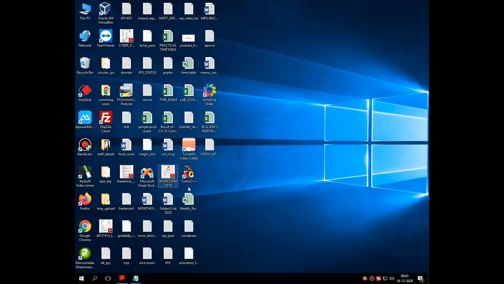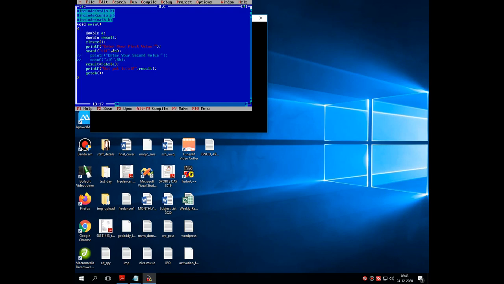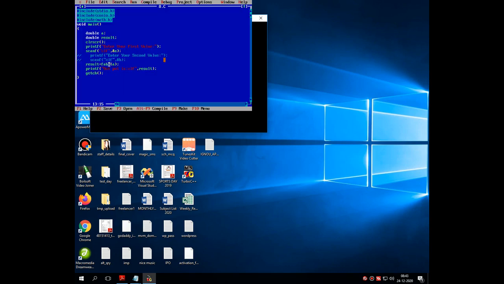Let me show you the output of this particular program. The theory of this program says that if we enter a negative value, then this function converts this negative value into a positive value. Output is 2, that is plus 2. I have entered minus 2. Now what if I enter a positive value? Then it will not convert into negative, it returns the positive itself. So this is the functionality of the function called fabs.